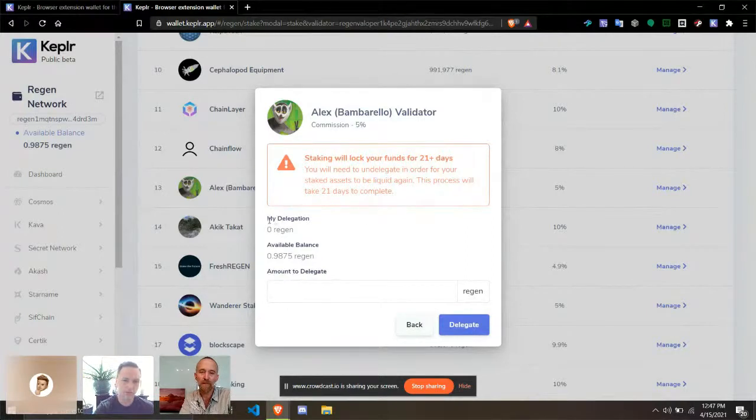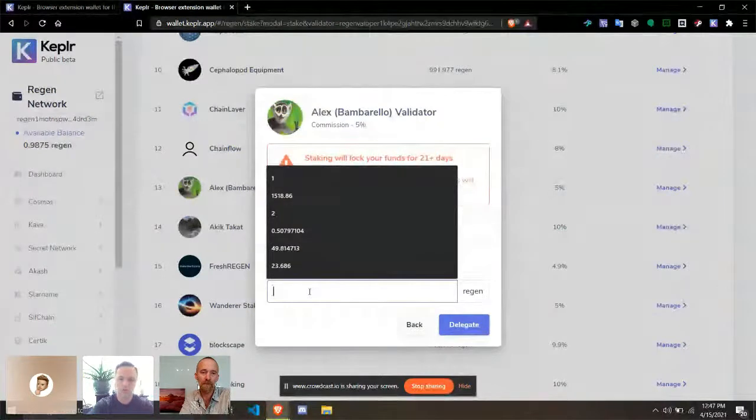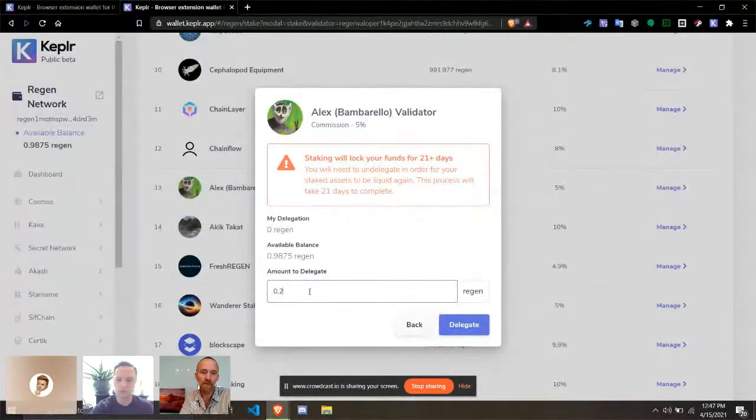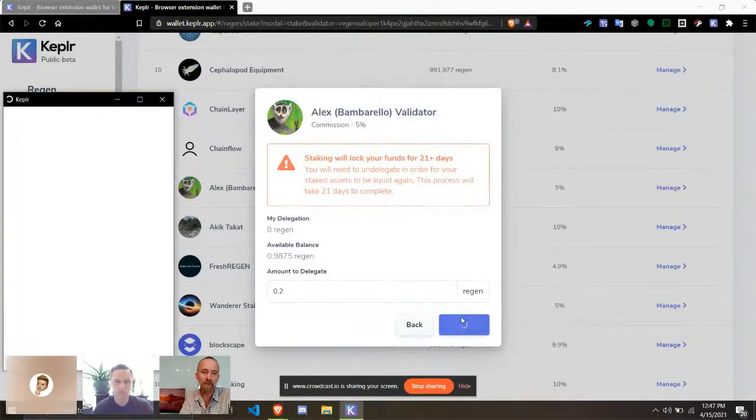Okay, so my delegation, again, there's 0. I haven't delegated anything to him yet. And I have an available balance. So I'm going to go ahead and I'll just do 0.02 so I can show you a couple of times. I type in the amount there, 0.02 regen, and then I click the blue delegate button. Okay, when I do that,